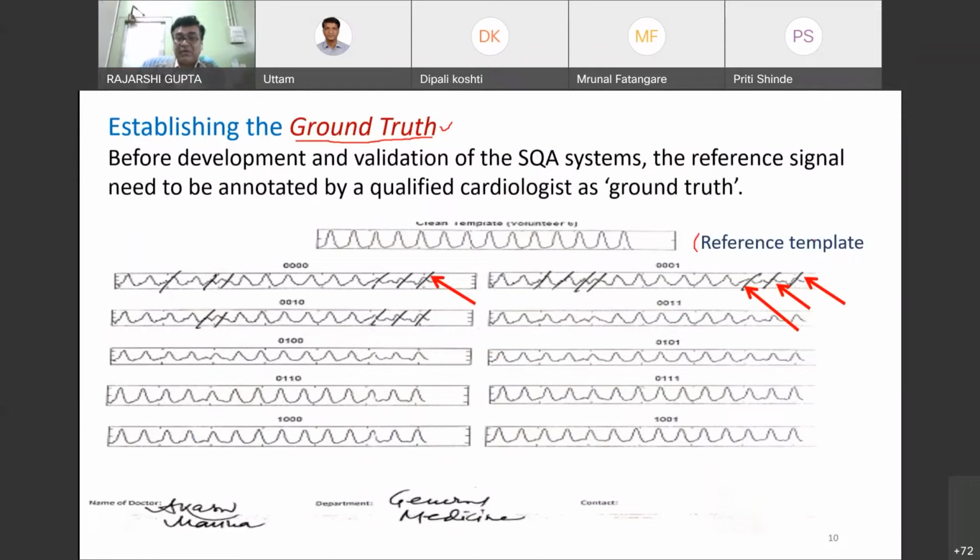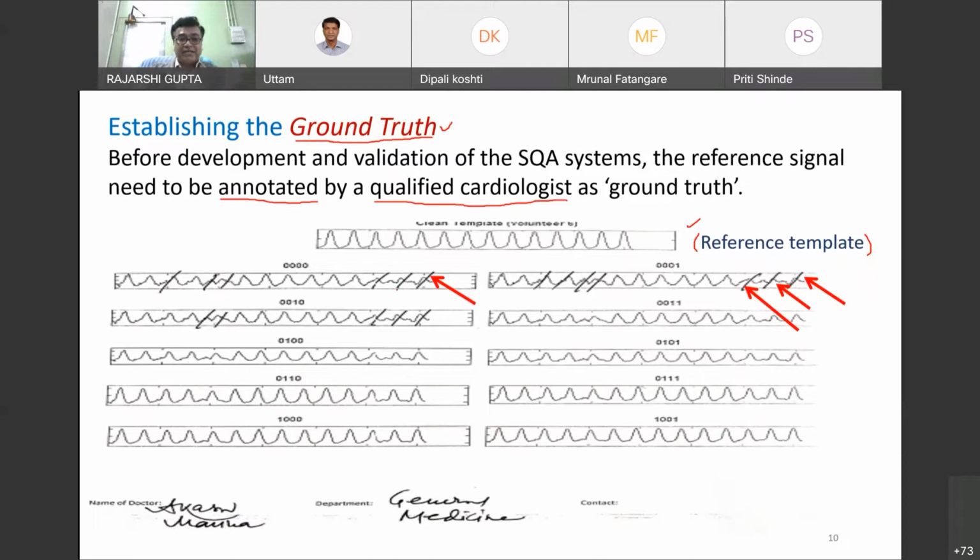As I have already mentioned, whenever we are talking about quality, the reference or the clean segment of the signal, whether it is ECG or PPG or something else, the reference template must be shown. And here you can see that this picture is from one of our researches. So the doctors were told to manually annotate the signal. This annotation is provided by a qualified cardiologist or a physician,